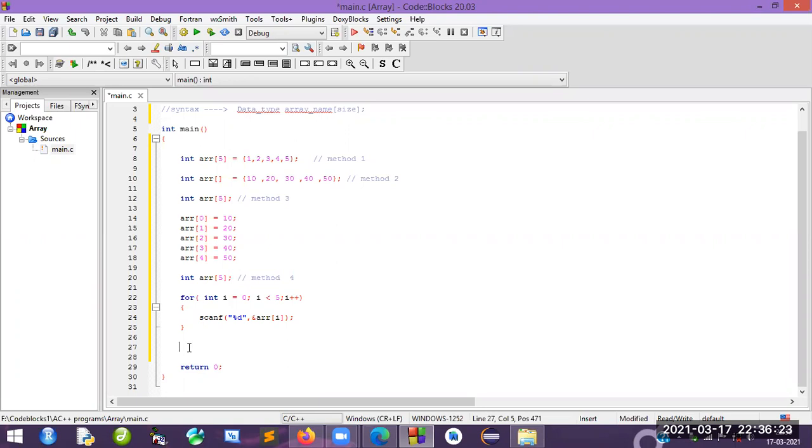Here I am going to take an integer array of size 10, equal to, open the square brackets. Never leave the initialization empty.